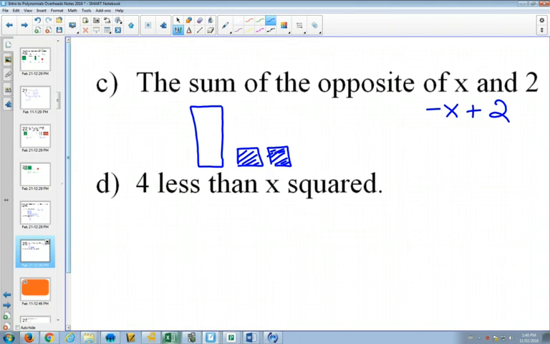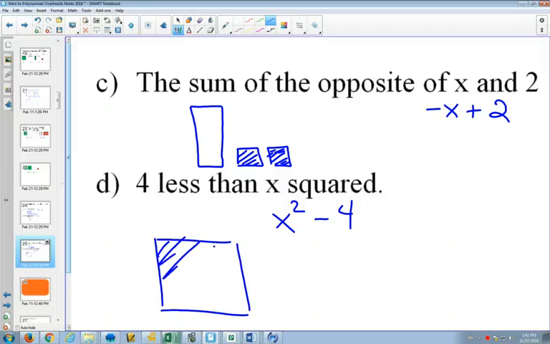4 less than x squared. Well, x squared looks like this. If I had 4 less than that, that would be minus 4. So it'd be one big colored in square. Then